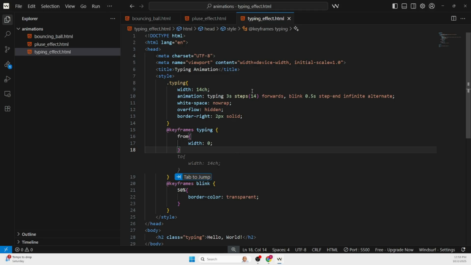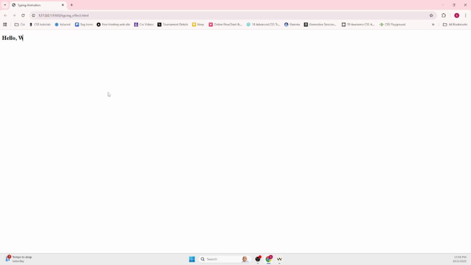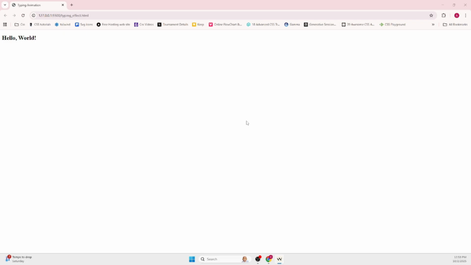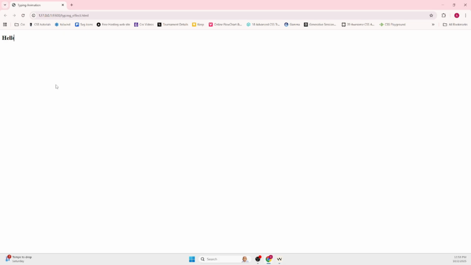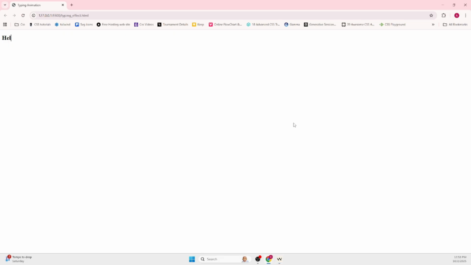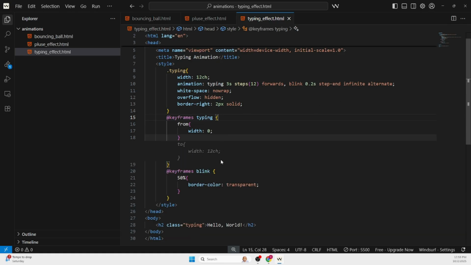If we can see the 12 characters and steps also, let's not 3 seconds, let's go 2 seconds. So it's 3 and blink should be this. This is how we create typing effect